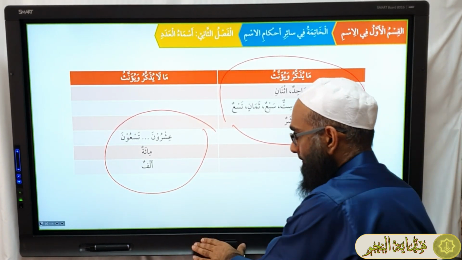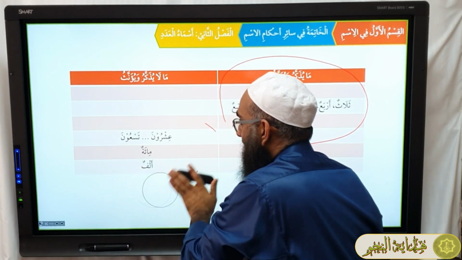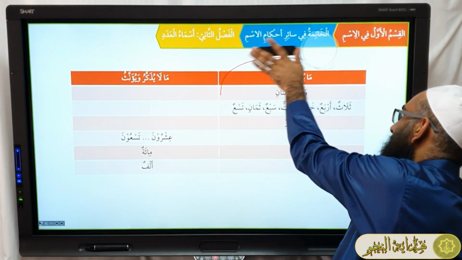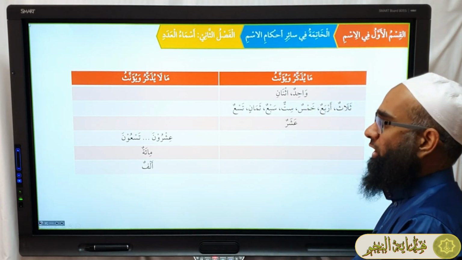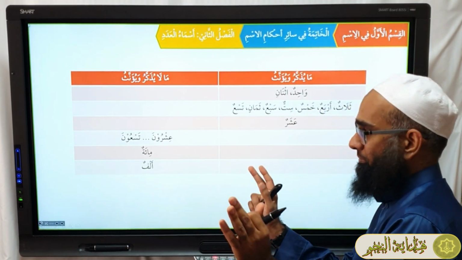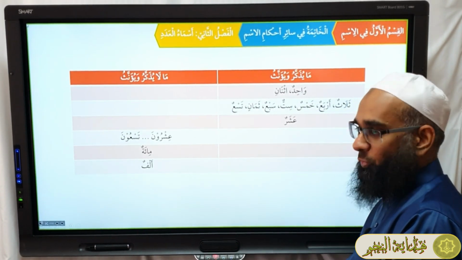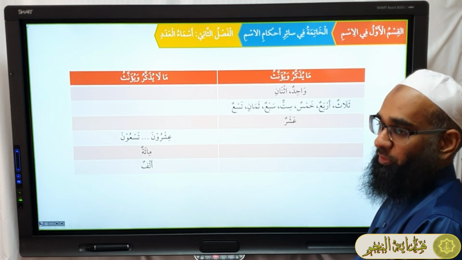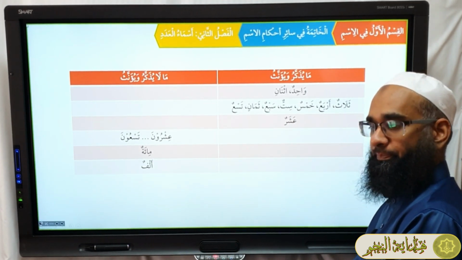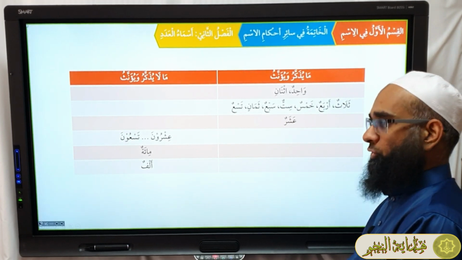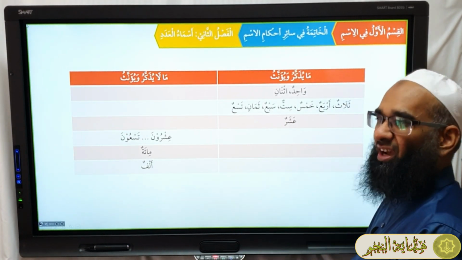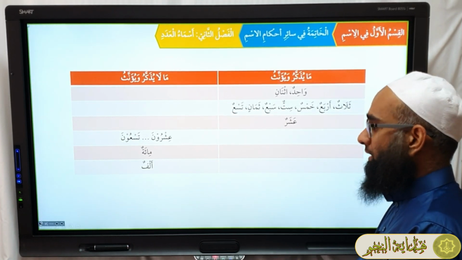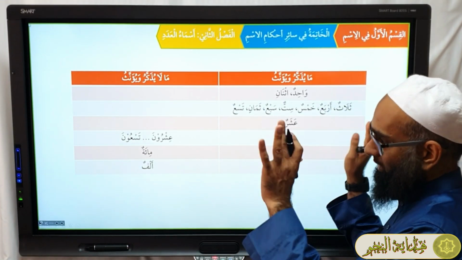They have gender. Okay? Then, those that don't have gender. Ishrun, it is ishrun. You don't get ishrunatun or ishratun, no, it is ishruna. Mi'atun, you don't get mi'un. You don't get alfatun. So these don't have gender. Yes? So first categorization, these are all the numbers we're going to use. Yes, in modern Arabic they use billion and milyar and that kind of word, but standard classical Arabic, these words